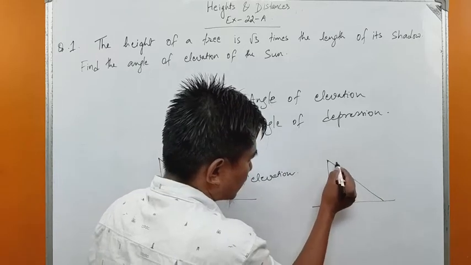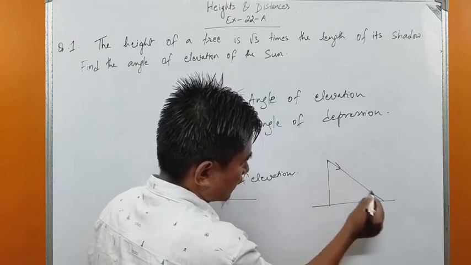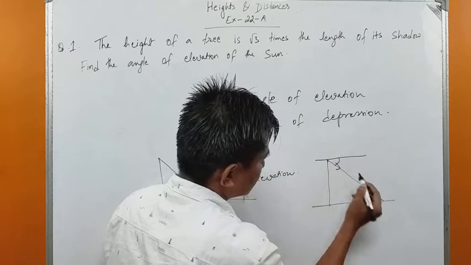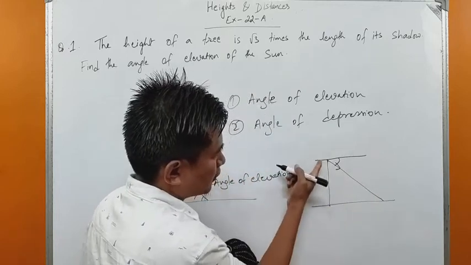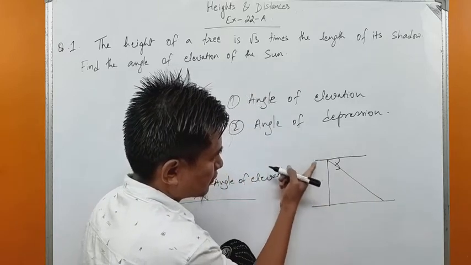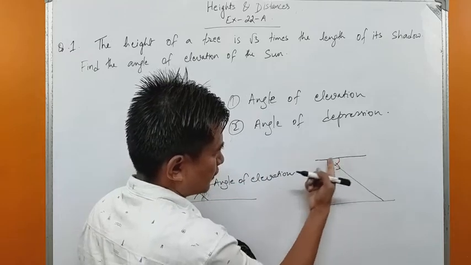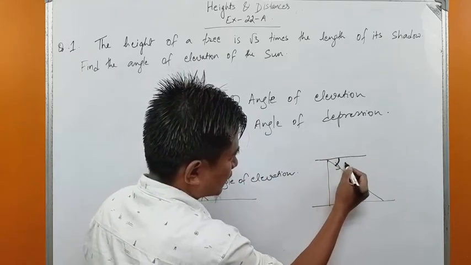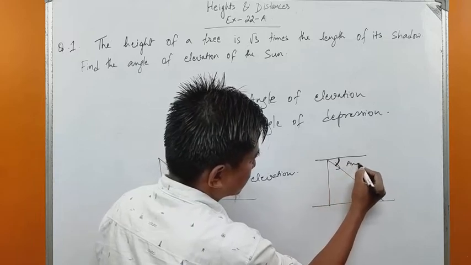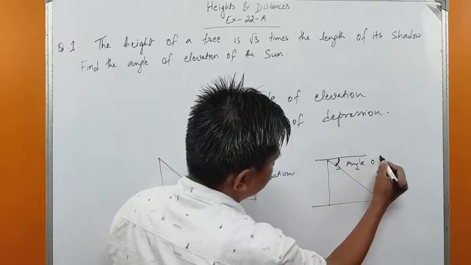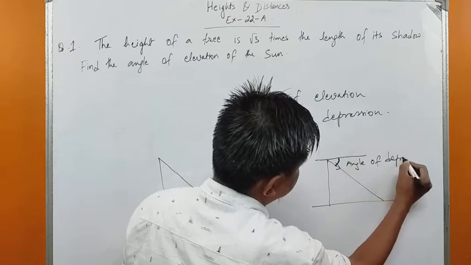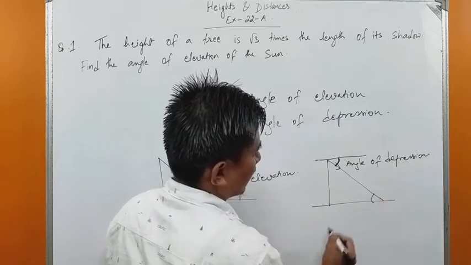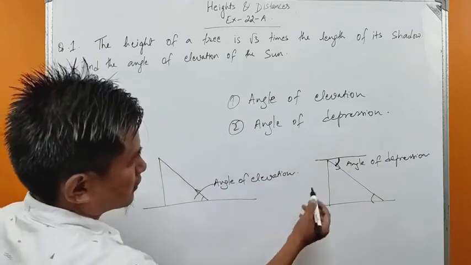The line parallel to the base, and the angle which is made here, is called angle of depression. And this angle of depression will be equal to angle of elevation, because this line and